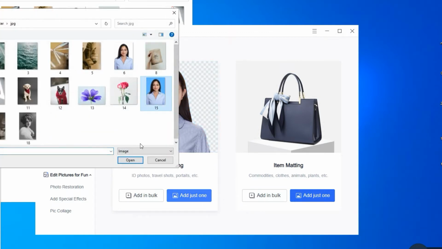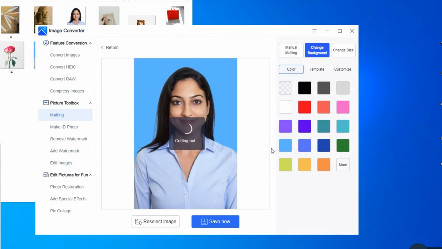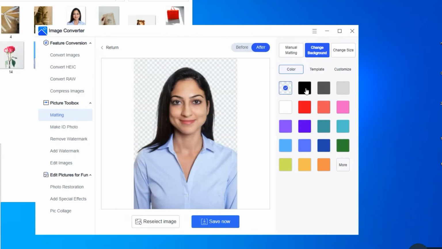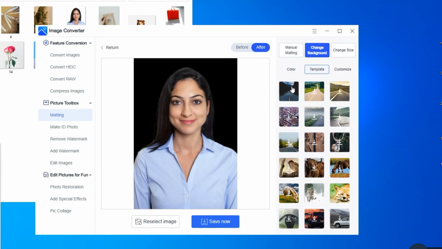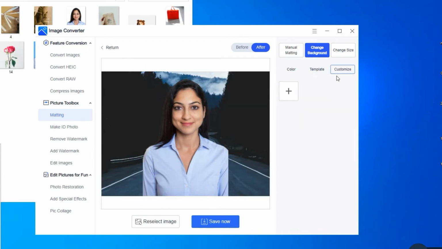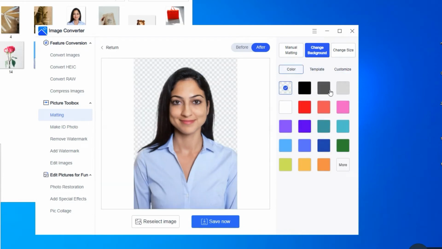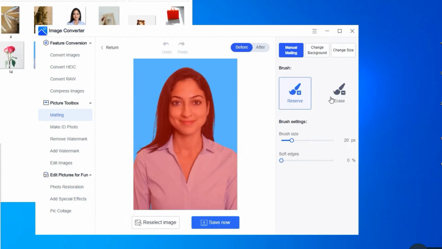Find Portrait Matting and click on Add Just One to upload a photo, then the image background will be automatically removed and become transparent. To change the background, you can click the color right to the photo, use the free stock background template, or click on Customize to upload a photo. Meanwhile, we can reverse or erase the cutout image manually, dragging the circle icon to adjust the brush size and